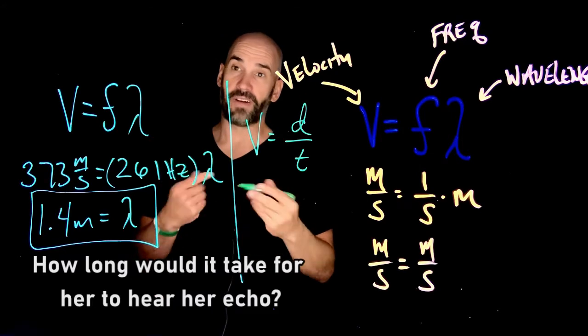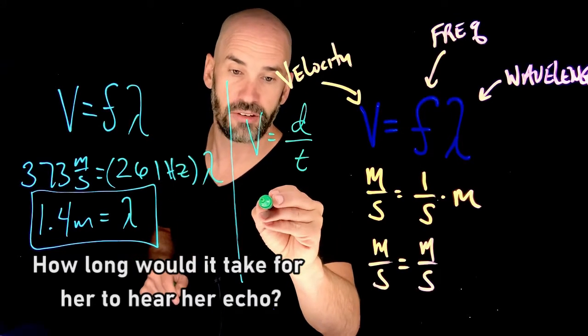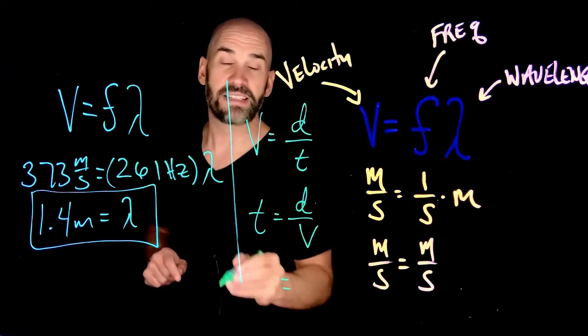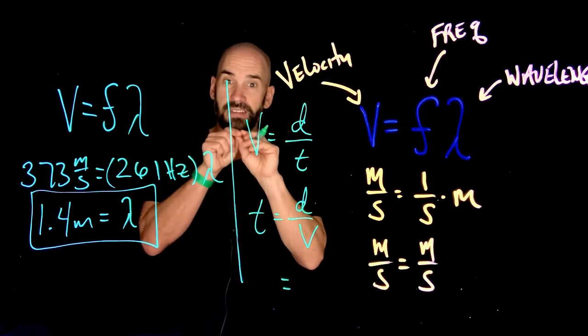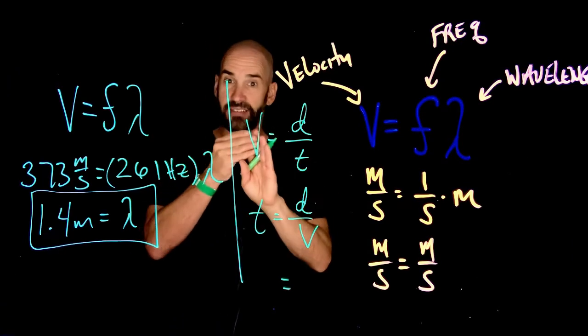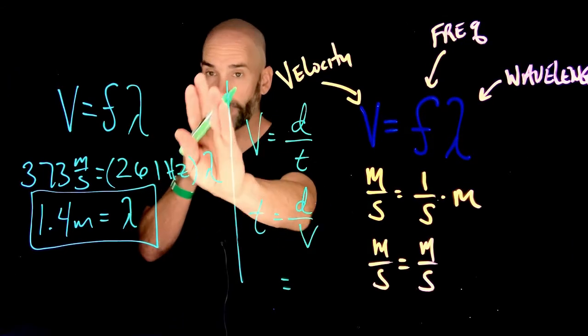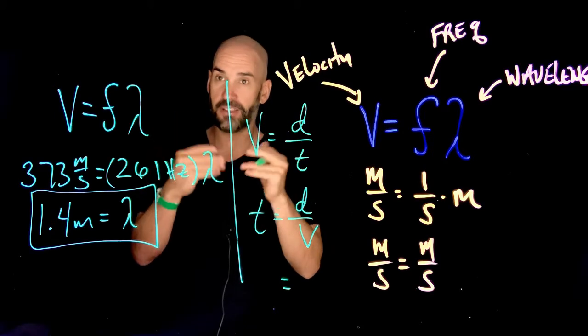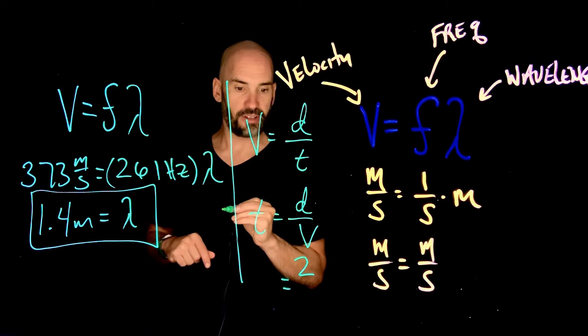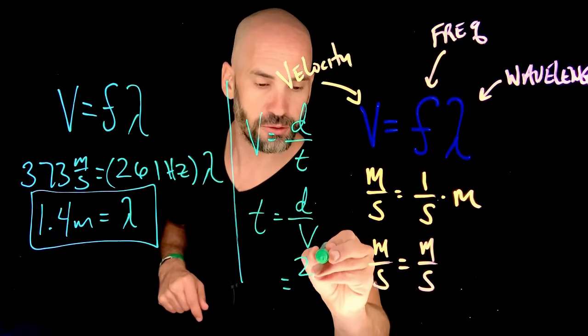Here, we're trying to find a time, the time in which she hears the echo. So t equals distance divided by velocity. But the distance the sound travels is from one side of the stadium to the other side because it's an echo. It's going there and back to hit your ears. So that's going to be twice the length of the auditorium, which is 100 meters wide. So 2 times 100 meters,